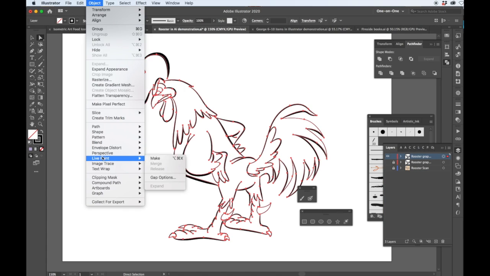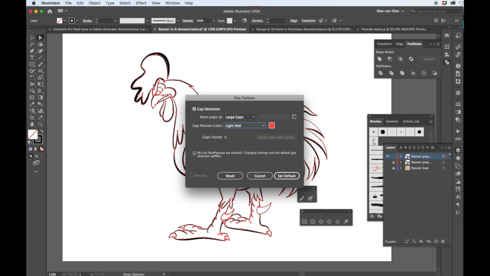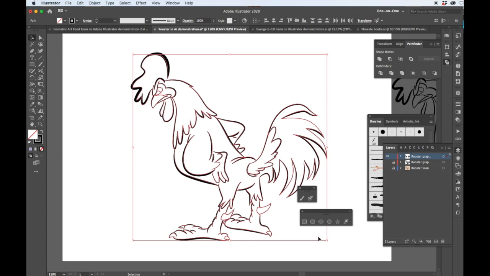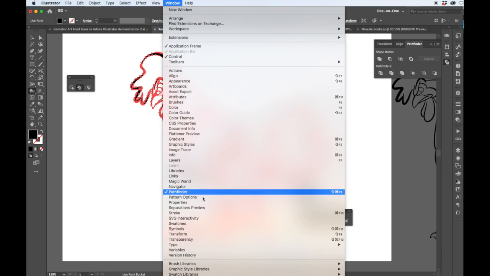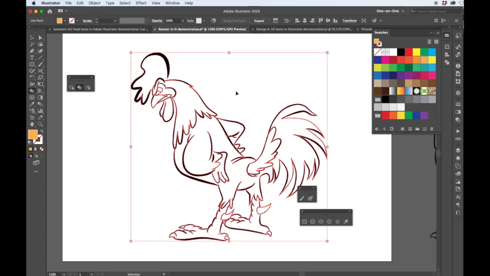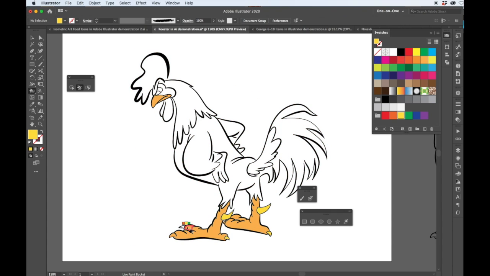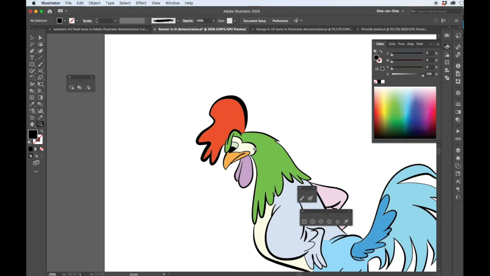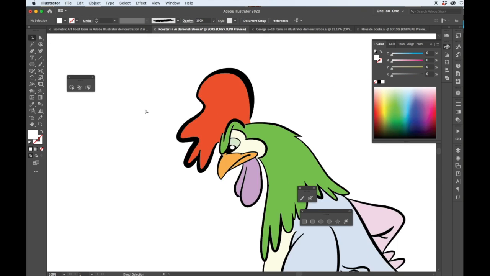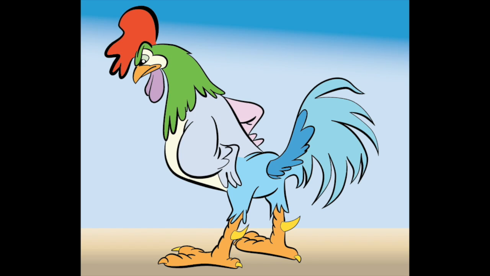And then to do the live paint, I'm duplicating the layer so I have it, setting the gap options under the live paint options, and then turning the stroke into a path, outlining the stroke so it treats it as a path and a shape at the same time. And then simply selecting the live paint tool in order to click on some of the colors and just keeping it as a flat color shape. Put a little background in it, but just simply popping in those colors. Set a little highlight for the eye. That gives you a basic